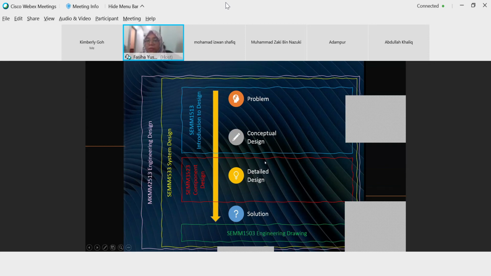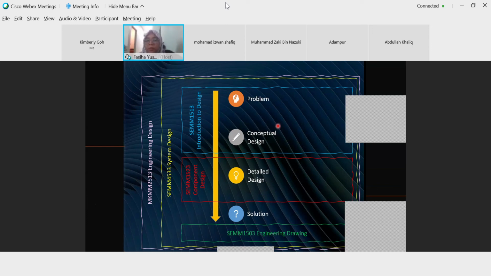During the conceptual design, what is required for an engineer to be able to do this? Yes, it's very important for an engineer to have good imagination and creativity, because you are creating a new concept that never existed, never created before.